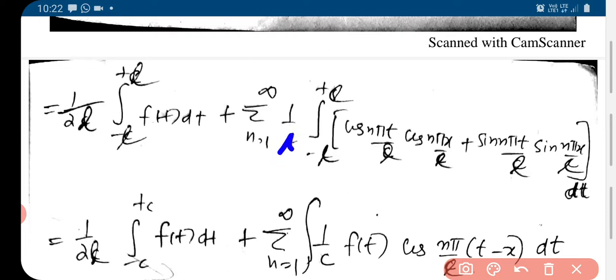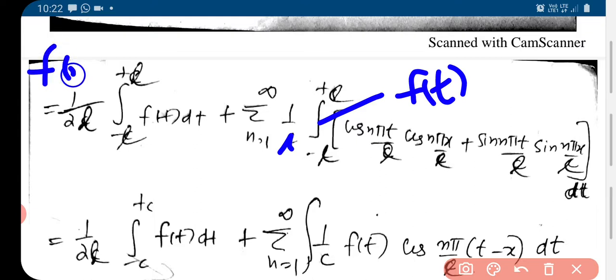This is L, and f of t is missing here. So this will be our f of x. So f of x is now given by this: 1 by 2L integral minus L to plus L f of t dt, and I am taking this sigma n equal to 1 to infinity, 1 by L integral minus L to plus L f of t as common factor. Then we have this,